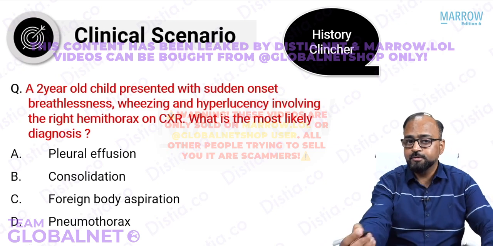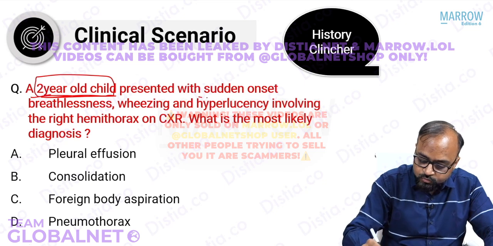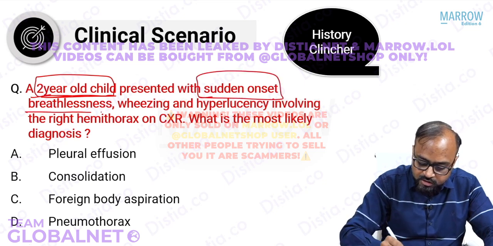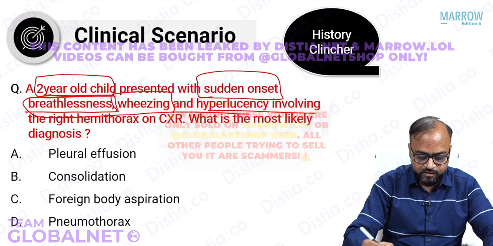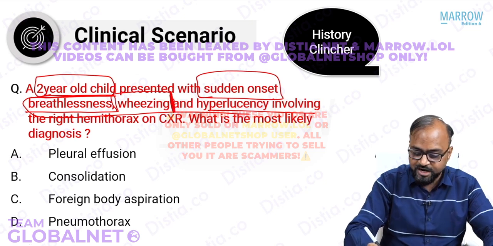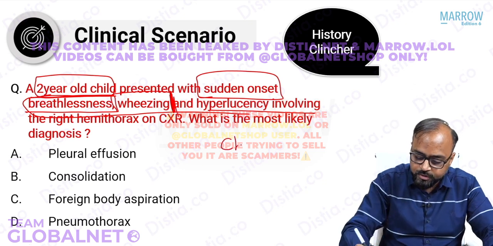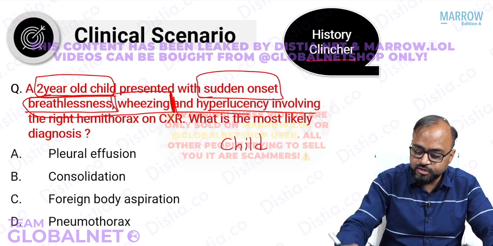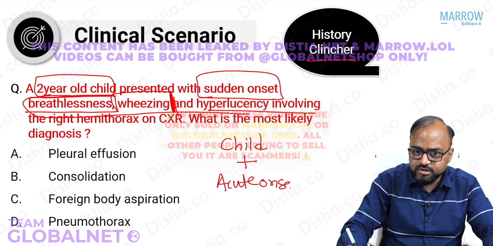Now see here, very typical clinical scenario. A 2-year-old child. So a child presents with what? Presents with sudden onset breathlessness, wheezing, and hyperlucency involving the right hemithorax. See, even if the question ended here at wheezing, I should get the diagnosis. Why? Because remember, it is a history clincher of a child presenting with acute onset